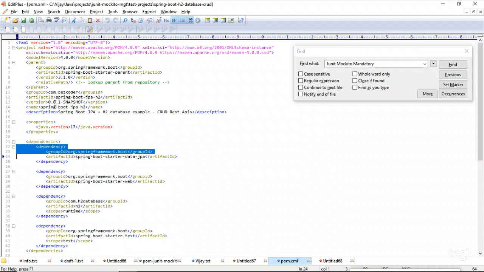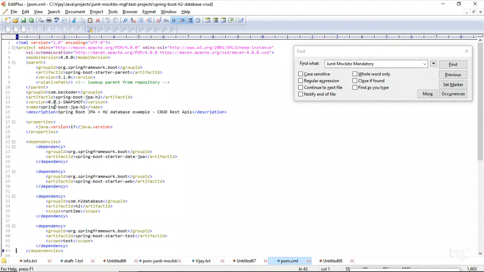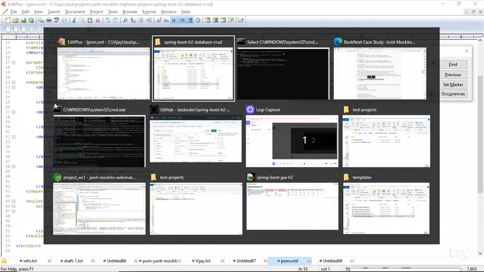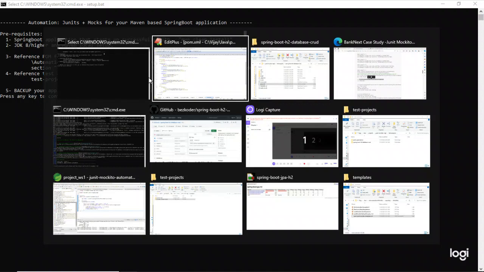We also see the dependencies that it has: the standard Spring Boot starter JPA, the Spring Boot starter web, and H2. There's also Spring Boot starter test. Okay, these are the only ones. It does not have these other ones that we're looking for, JUnit, Mockito, Jacoco. So what we will do is we'll give it to it. Okay, so rather than searching for it, what I will do is